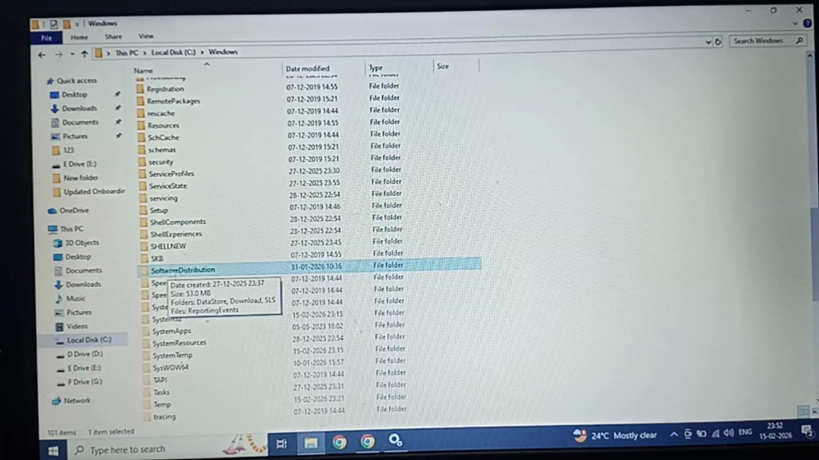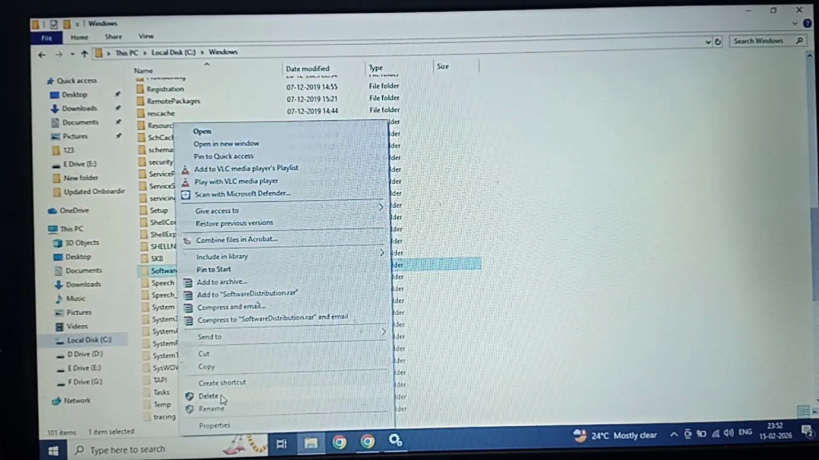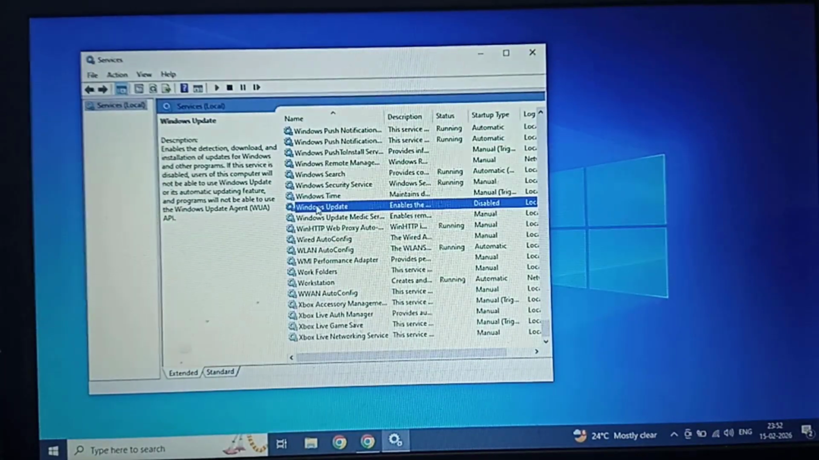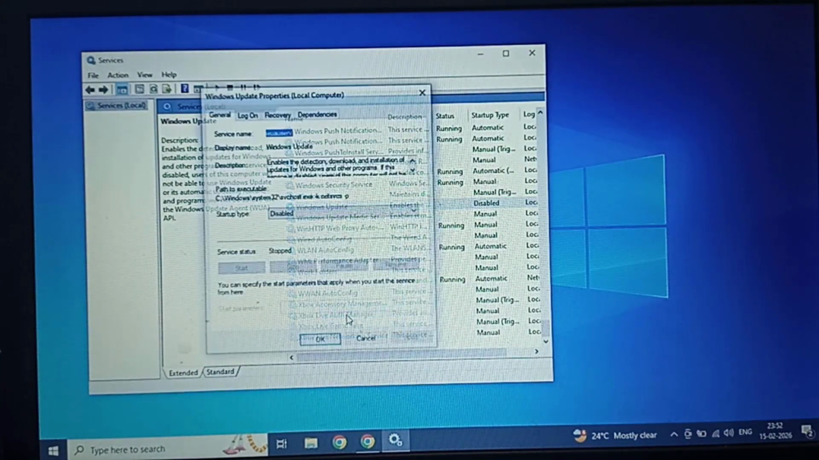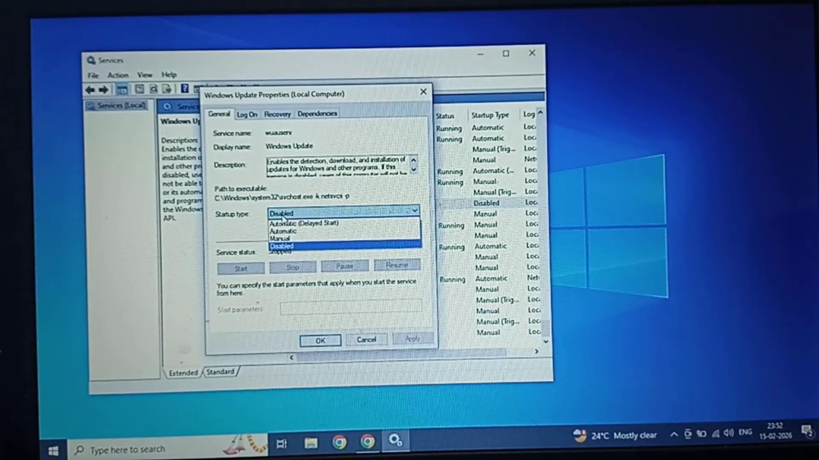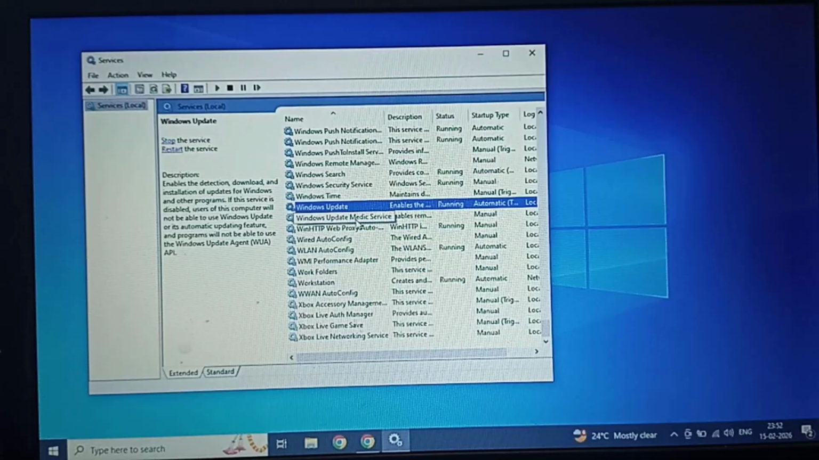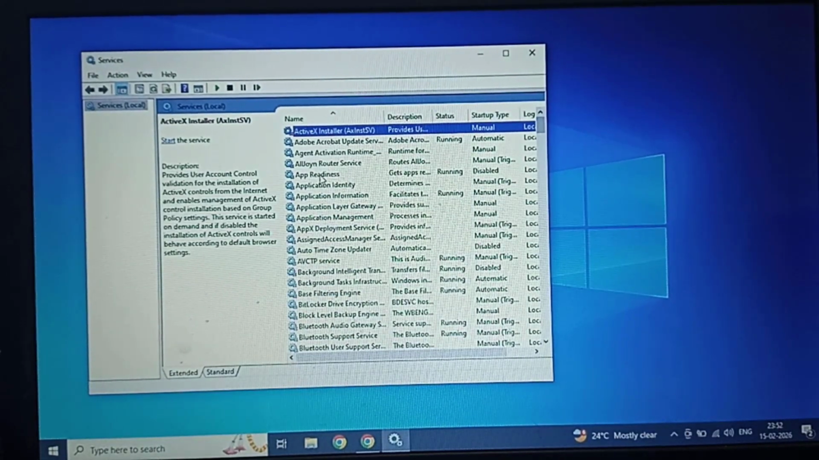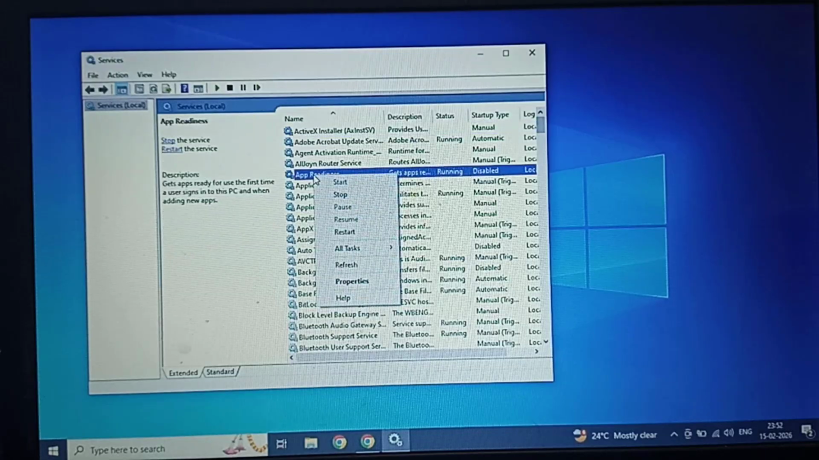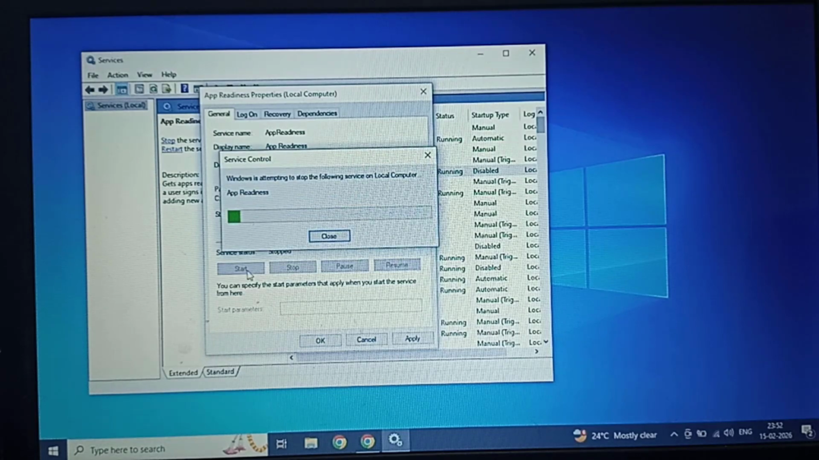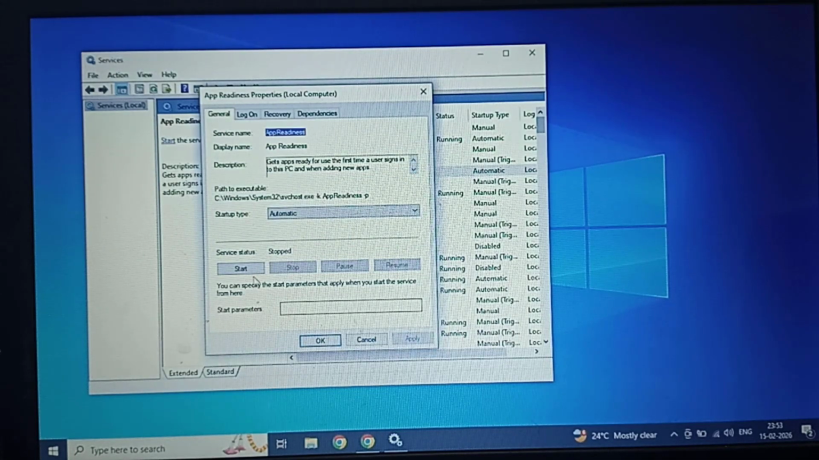Now come to your SoftwareDistribution folder, right click on that, then click on delete. After that close this window, again open the Services, again you have to click on Properties of your Windows Update, then select as automatic, click on Apply, click on Start, click OK. Then go to the App Readiness, properties, automatic, click on Start,